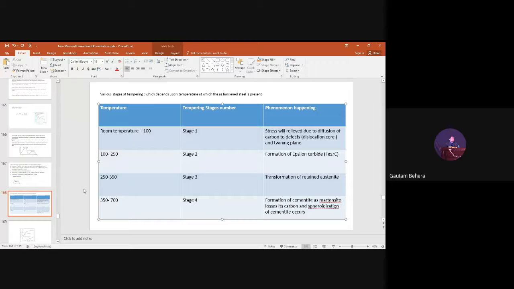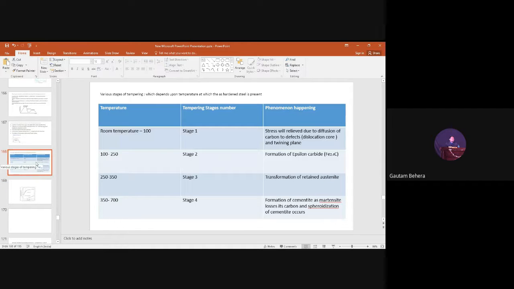Another important point I would like to say is, when you do tempering of martensite, the number of dislocations will also get reduced. You have to remember that the dislocation density also gets reduced. Basically, not exactly annealing, it is due to recovery. Due to recovery, a lot of dislocations will get removed. So dislocation density will decrease, and if the dislocation density decreases, ductility will increase, toughness will increase again.